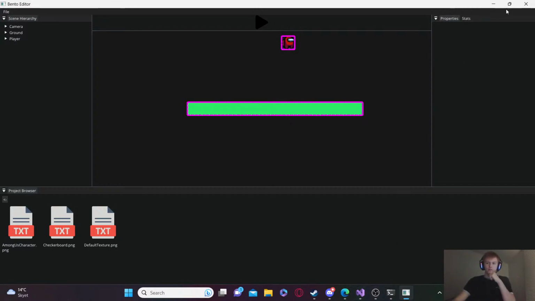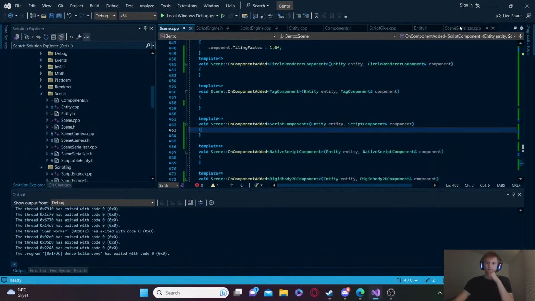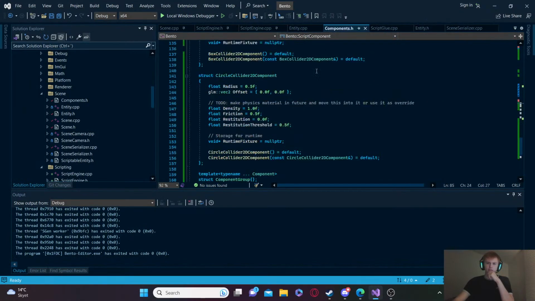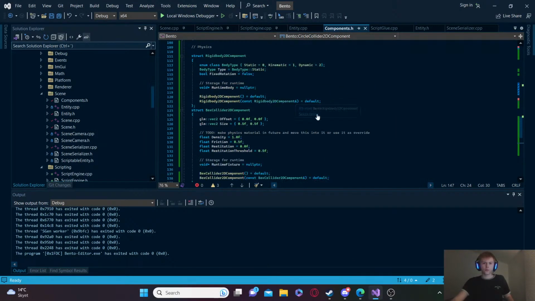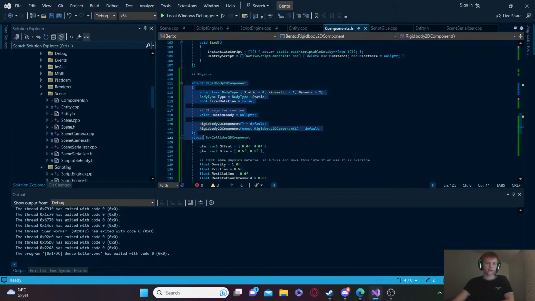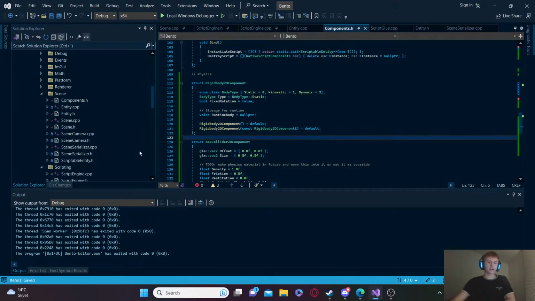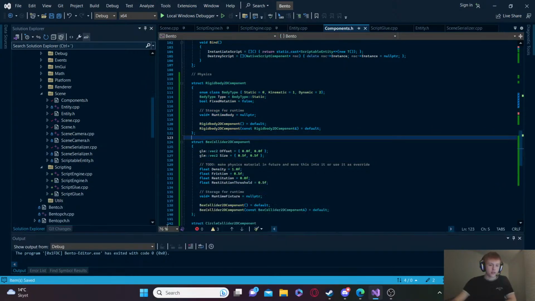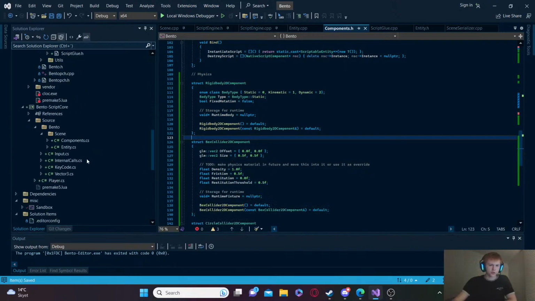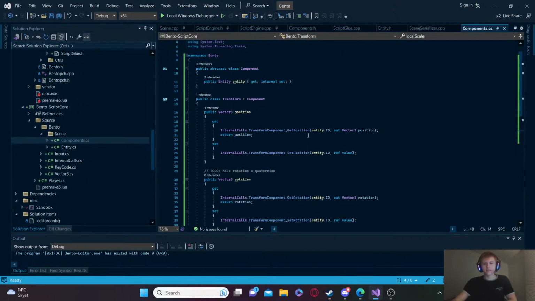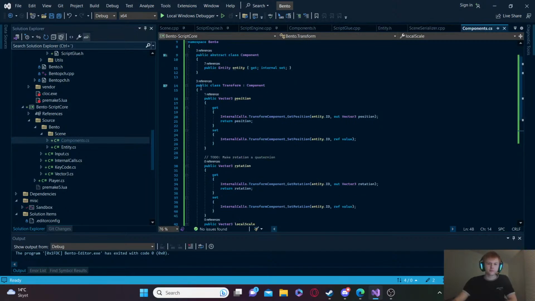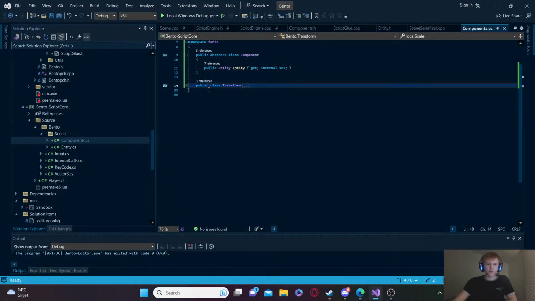So my goal for now will be making the rigid body component. I do have it in C++, of course that works, but I need to reference it via C# so C# can actually set its velocity. And how do I do that? Well, I don't know. Oh well, I kinda do, because I have done it now through a transform. So